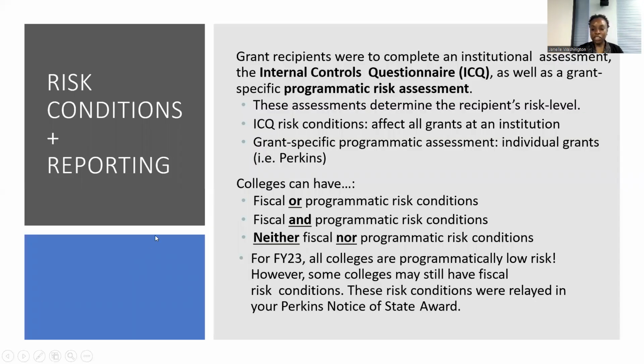So let's talk about risk conditions and reporting. Grant recipients were to complete an institutional assessment, the internal controls questionnaire, the ICQ, as well as a grant programmatic risk assessment. These assessments determine the recipient's risk level. ICQ risk conditions affect all grants at the institution, and the grant-specific programmatic assessment affects individual grants, i.e. Perkins. So colleges can have physical or programmatic risk conditions, physical and programmatic risk conditions, neither physical nor programmatic risk